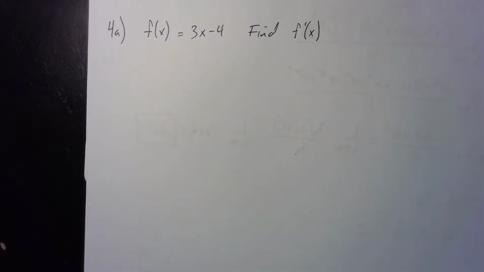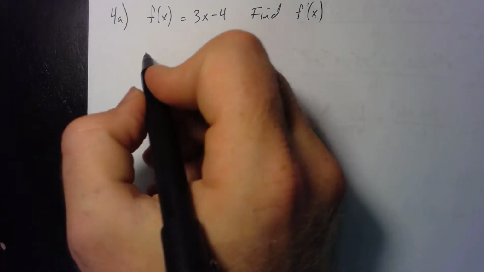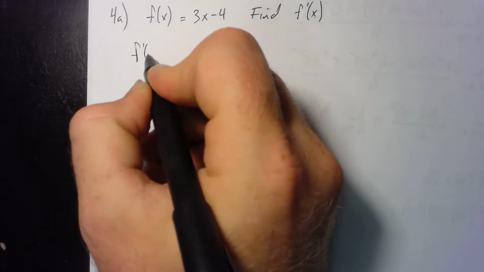In this video we'll be looking at a little bit more of a basic example, but this time we have to find the derivative function and we're not plugging in a value at the end. So in this case there's actually just one less step in the problem. So what we're going to do is go ahead and say that f prime of x is